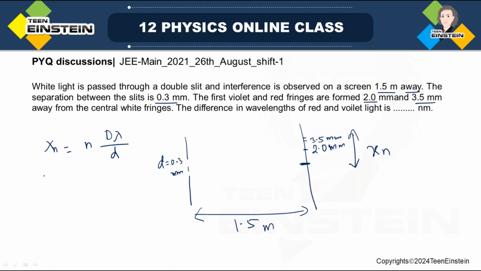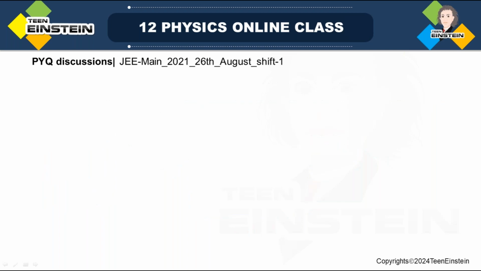So for red we'll write x equal to D lambda_r by small d, and for violet we'll write D lambda_violet by small d. Now look, x red and x violet are given. Now let us put those values. So x red is actually 0.2 is equal to,